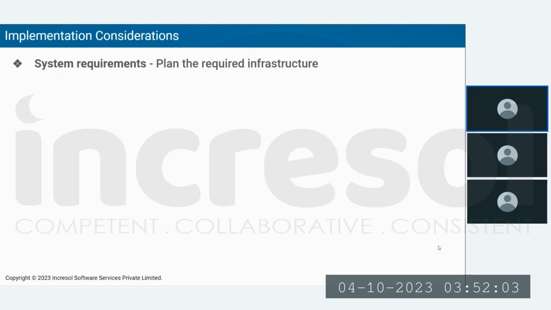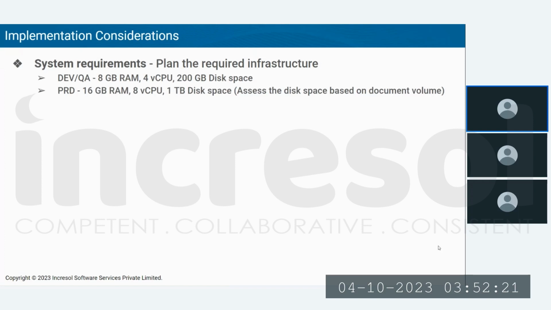System requirements. Many people feel that DMS is a heavy system that requires a lot of resources. It's not true. DMS is a very lightweight system. It hardly requires 8 GB of RAM and minimal CPU would be good enough. And for development, there won't be much storage, so 200 GB of disk space would be good enough. In case of production, 16 GB RAM would be good enough. If you have a huge volume of access to this DMS, then you might increase to 32 GB or something like that. But you can start off with 16 GB and scale it up later, by looking at the observation or the